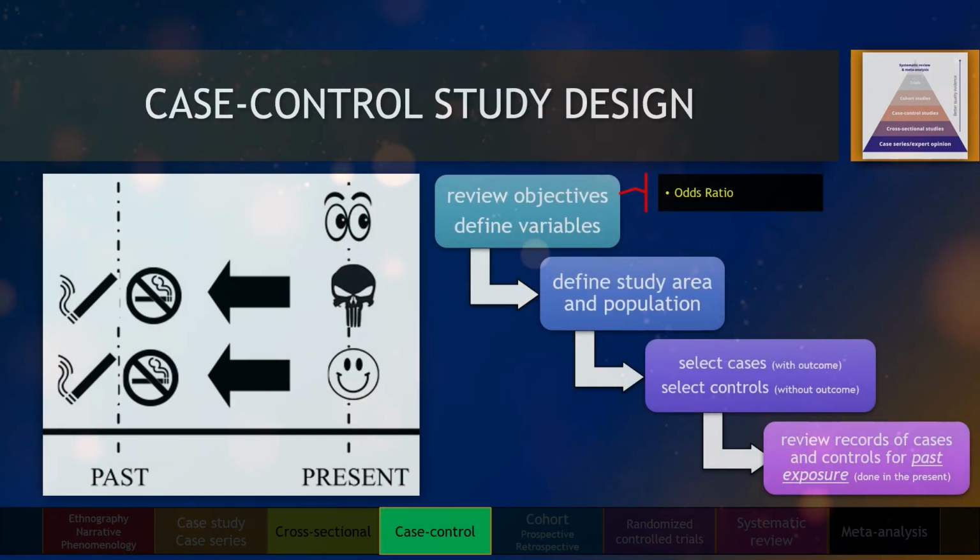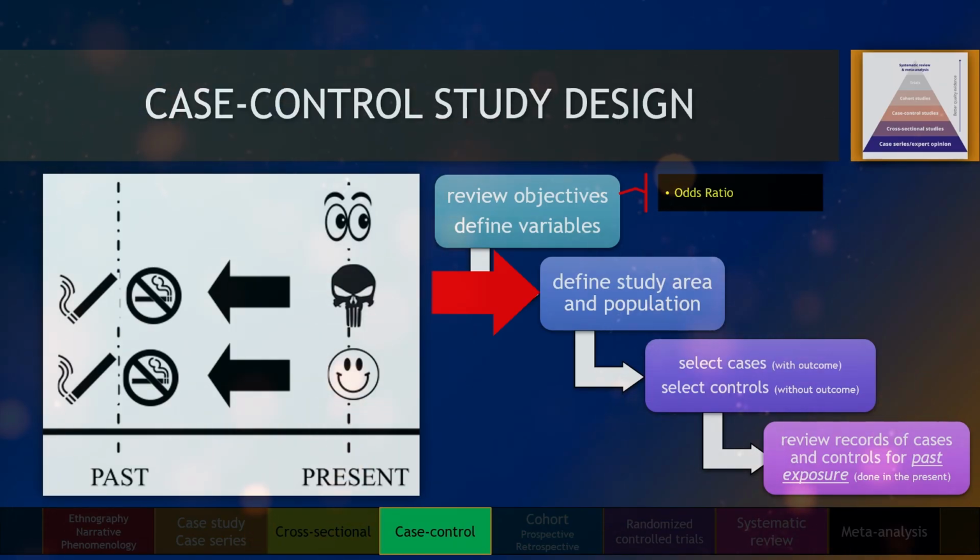So how do you do a case control study? Again, defining your objectives is important, which would of course lead you to defining your main variables. In case control studies, you absolutely need to define both exposure and outcome variables. The most common measured parameter in a case control study is the odds ratio. Case control studies are mainly used to study rare outcomes. For our case control purposes, our outcome variable can be the hypothetical rare condition of superdiabetes. Then we can retain our exposure variable of exercise, and we want to study the relationship between exercise and superdiabetes.